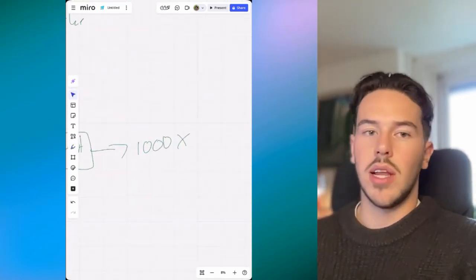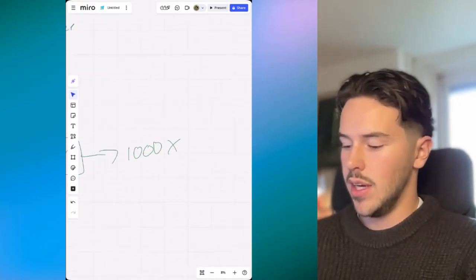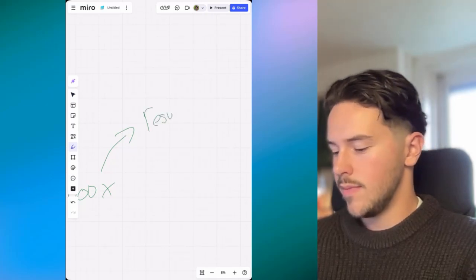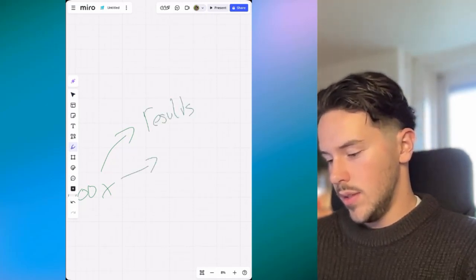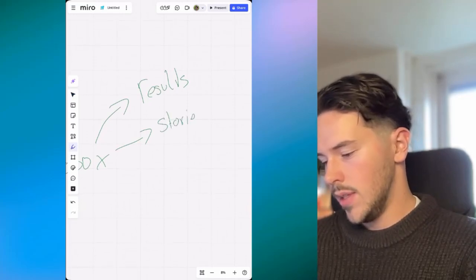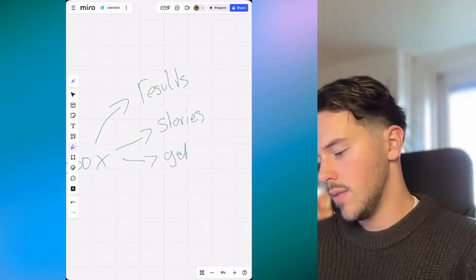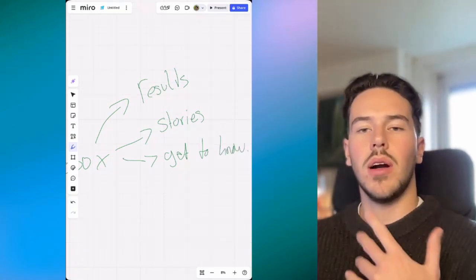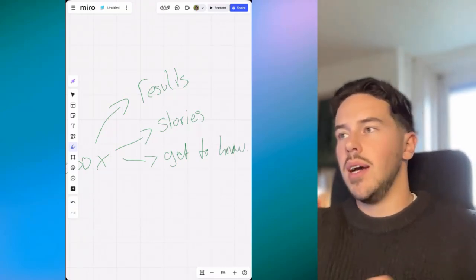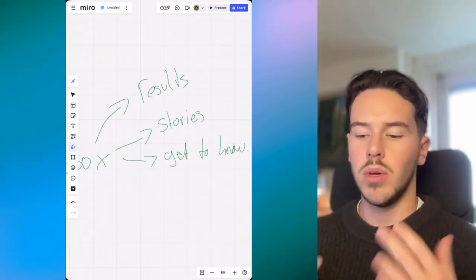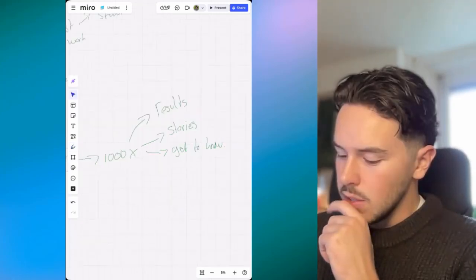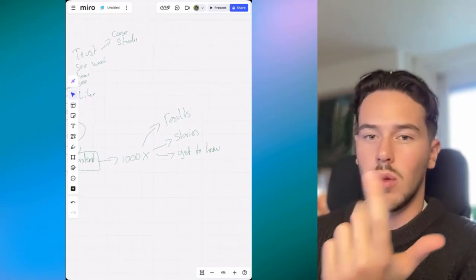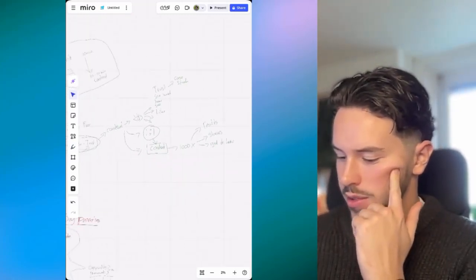So now we're talking to like 1,000 people at once that see our results for clients, that see our stories, they get to know us. So it's way easier because people aren't as cold anymore. Like you've talked to them, you've given them value, you show them what you can do, what you know. So that's the end goal, to show these dozens and dozens of people what we know, what we can. So let's dive into it.